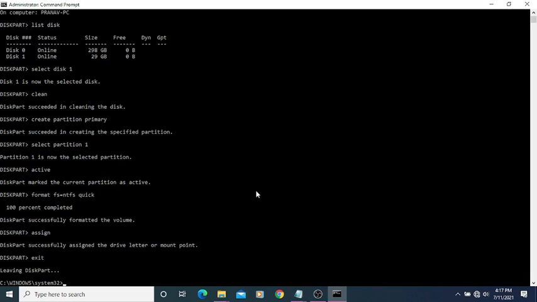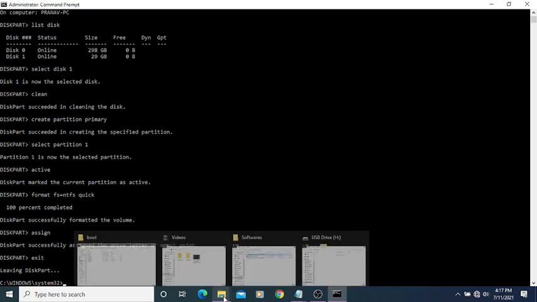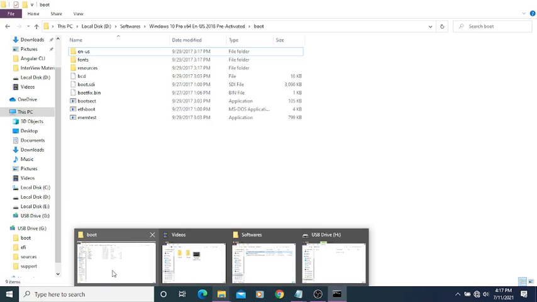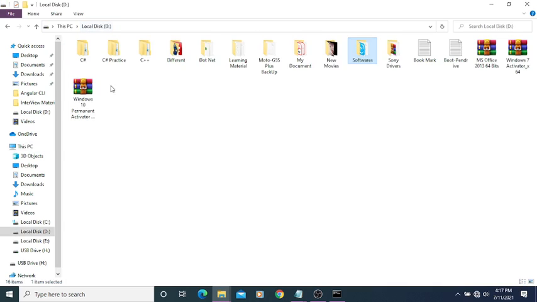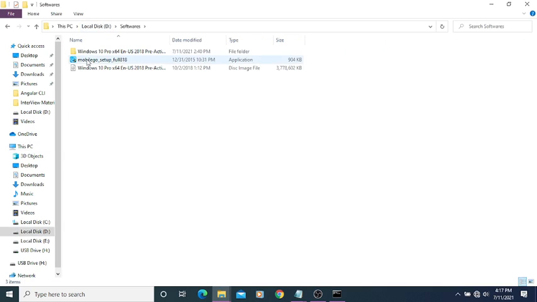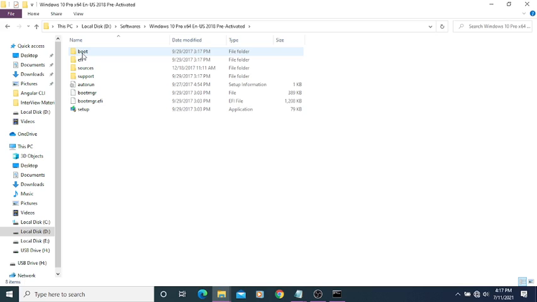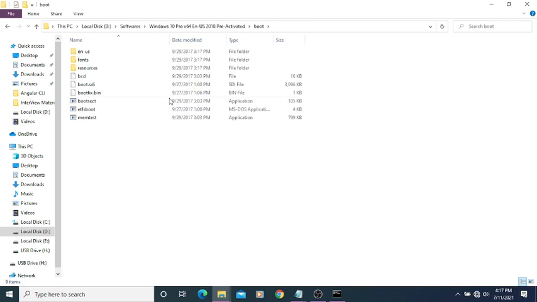After exit, we will go to our Windows location, which I showed you in the starting. So we will see the boot folder location. You can see here I extracted the file in the D drive, in the software folder, and inside you can see this is the boot folder. We need this location, in which we have the bootsect.exe file.